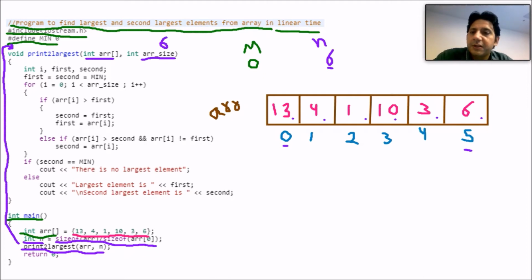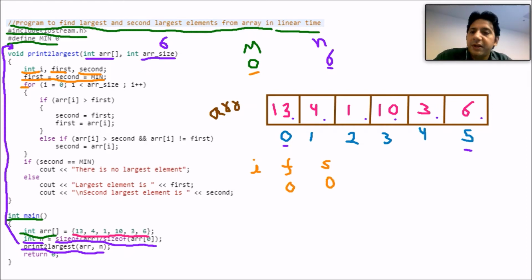Now further they are saying int i, first and second. So they are taking three variables: one is i, then first and second. First is equal to second is equal to MIN. So first and second both values are minimum, which is 0. Both values are assigned as 0.